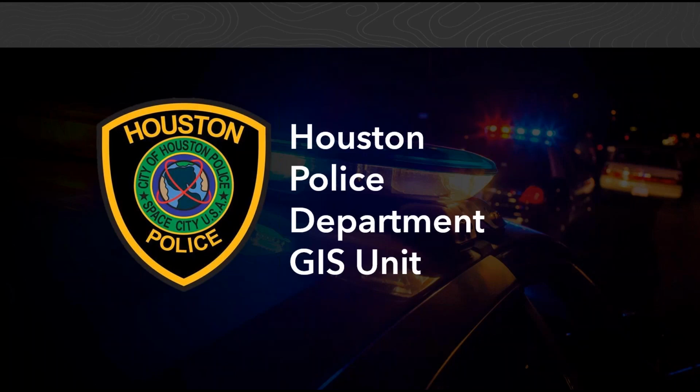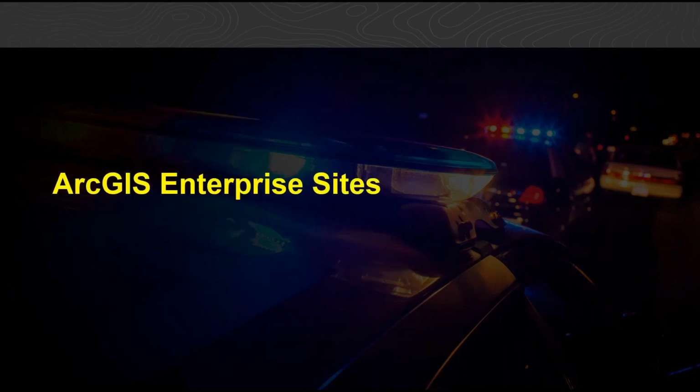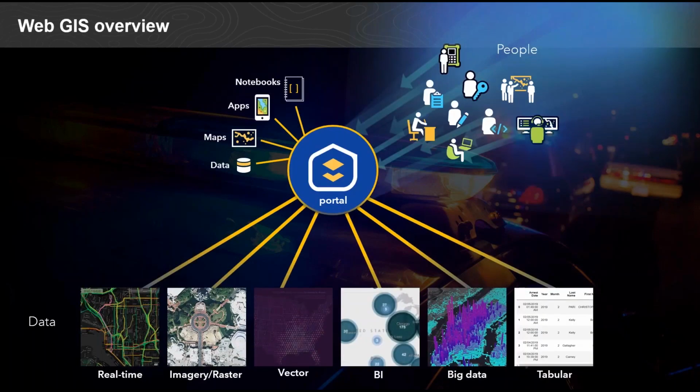And the way that they consume that content is through ArcGIS Enterprise Sites. ArcGIS Enterprise Sites, as Patrick mentioned, is a way to enable your users who are not GIS people and for whom some of the functionality of the GIS portal is not relevant to experience that content in ways that make sense to them. So just for a little bit of context,